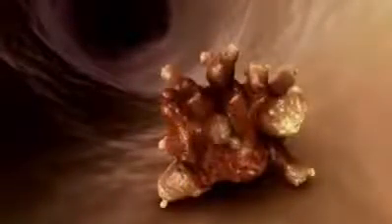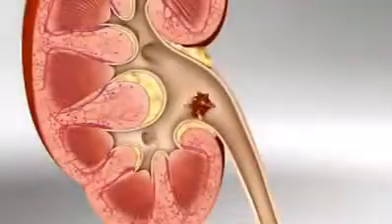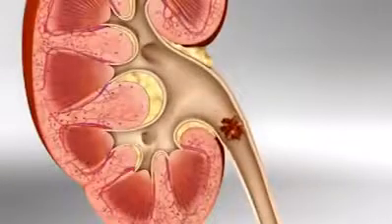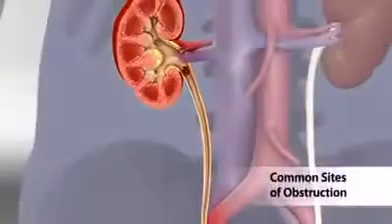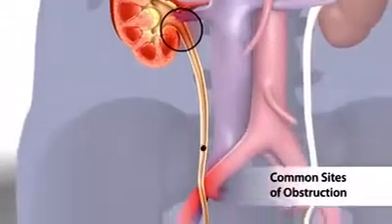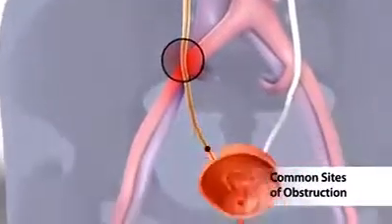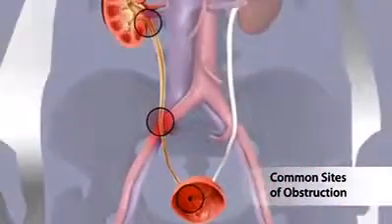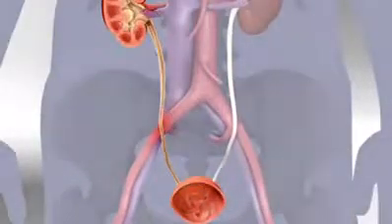If a stone continues to grow until it reaches a critical size, which can be as small as 4 to 5 millimeters in diameter, it may be too large to pass easily through the ureter. The edges of the stone may become wedged inside the ureter at the ureteropelvic junction, where the ureter crosses over the iliac artery, or at the ureterovesical junction. The result? Pain and obstruction, until the stone slowly passes into the bladder and eventually passes out of the body